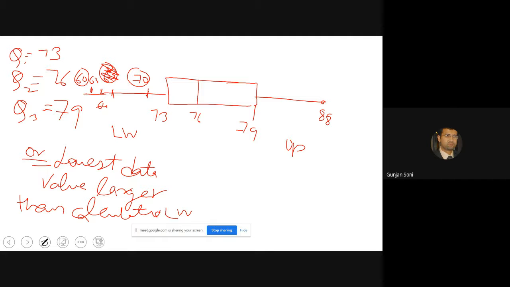The idea of doing this is to find out the points which are behaving differently than the regular data, or you can say we need to find out the outliers. That's why this rule is applied. Is it clear? Just a second, I'll also log in another window so that I can see your responses.